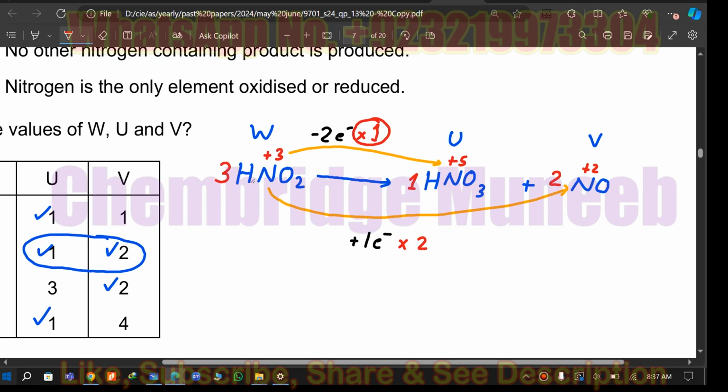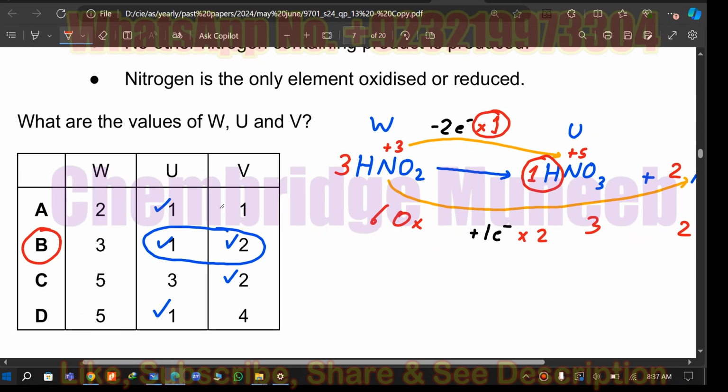We get 3 hydrogens here, but we get 1 hydrogen on the product side. So in terms of hydrogen, it is not balanced, and in terms of the nitrogen, it is balanced, and oxygens are not balanced as well, because there are 6 oxygens here and there are 3 over here and 2 over here, 5. So 5 oxygens here. So both hydrogens and oxygens are not balanced even if we select the option B, but we need to at